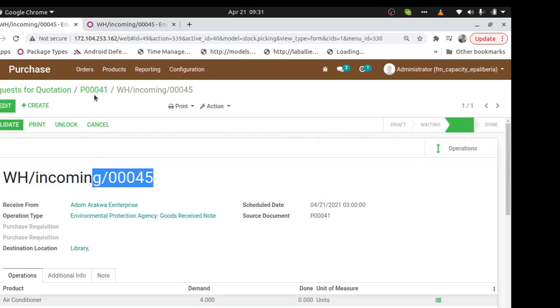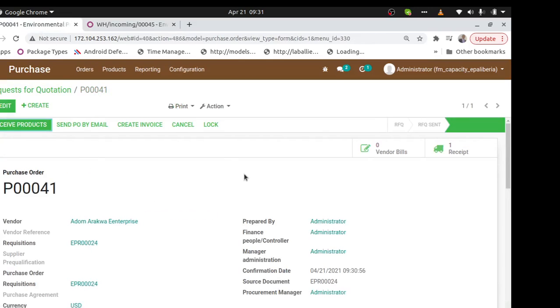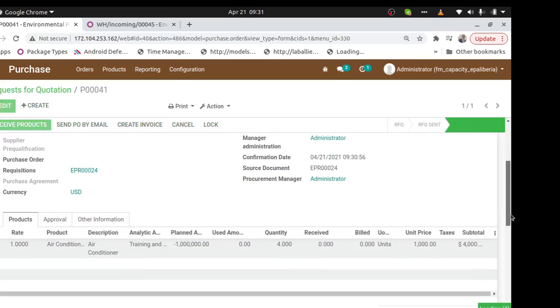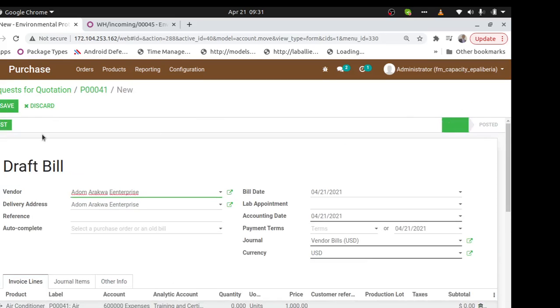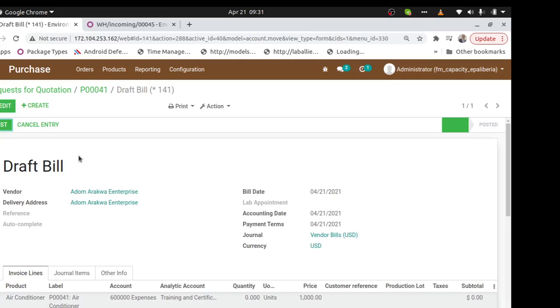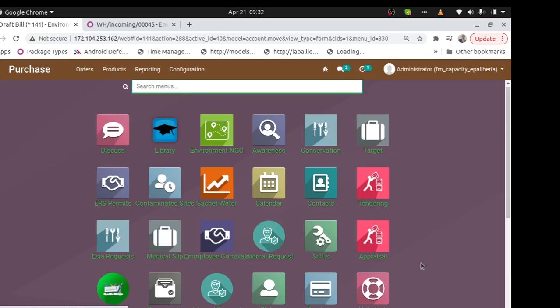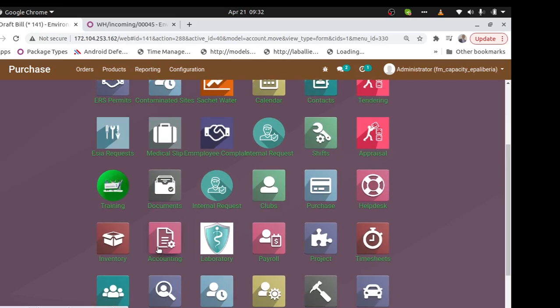Now let's go back to our PO. We have finished approval of the PO. Now it is finance. Finance will create an invoice for it by just clicking create an invoice. Remember, we are the project people who wanted to buy an air conditioner and then sell. So when you create an invoice directly from the PO, it is also created in accounts. So I'll go to accounts and look for this invoice for Edom Enterprises. So I'll go to accounts here.